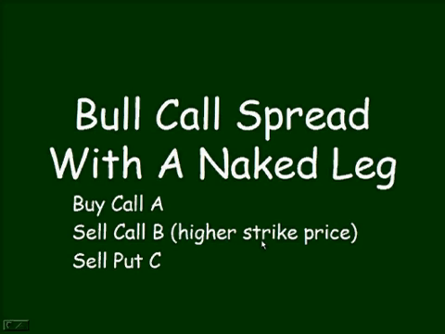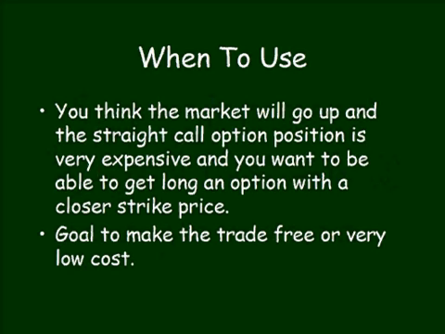Bull call spread with a naked leg. A bull call spread is where you buy call A, then sell call B with a higher strike price, as well as sell a put under the trade. You use a trade like this when you think the market will go up and the downside is limited,